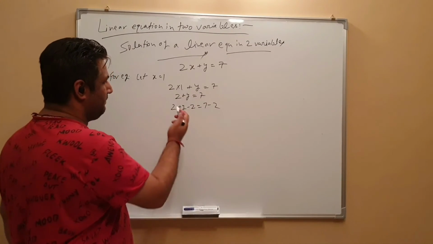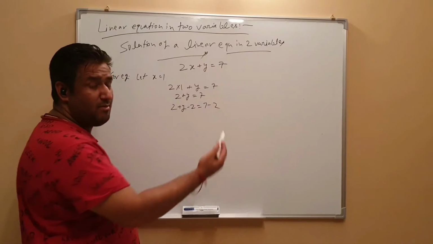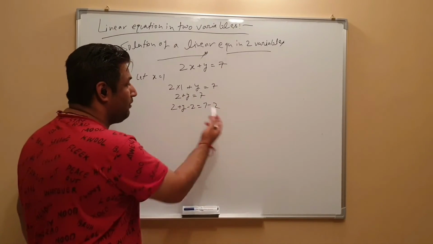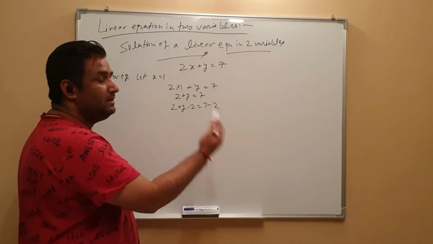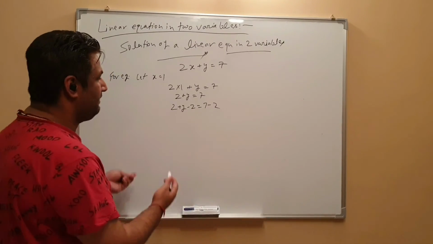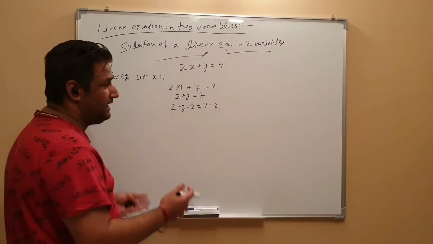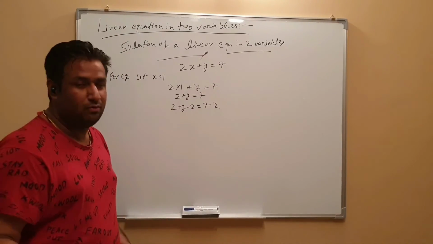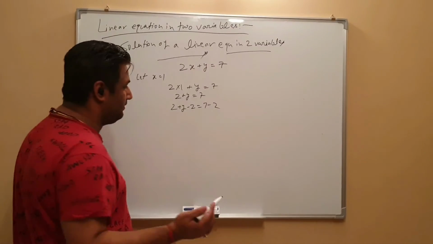Basically, the simple thing is that we have to eliminate this term, and since we are doing the same operation on both sides, that will not hamper the main equation. That's the reason why we do the operation on both sides. If we are dividing, we divide on both sides. If we are adding, we add on both sides. If we are subtracting, we subtract on both sides. So that will not hamper the main equation.